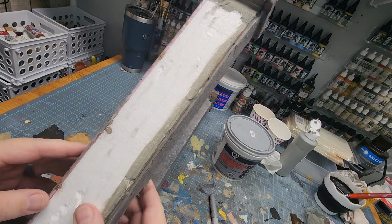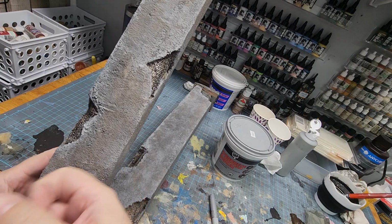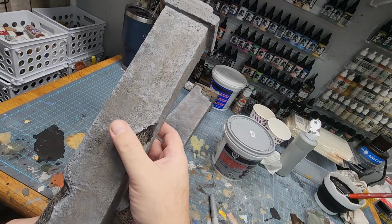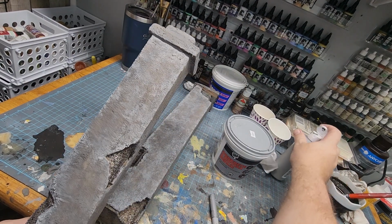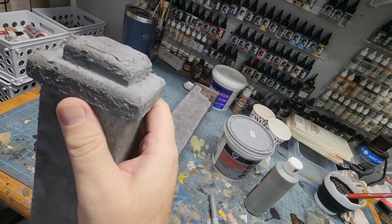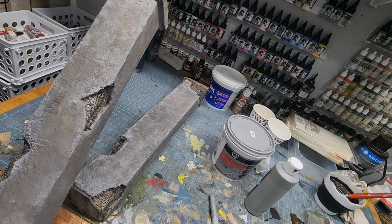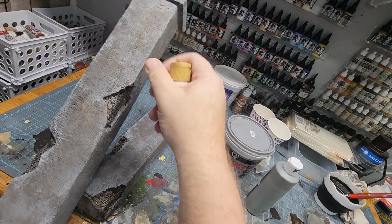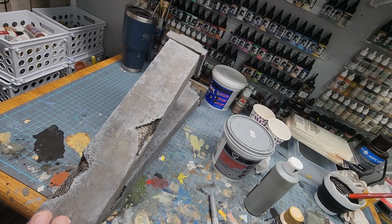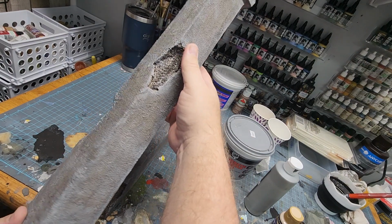And then I take thin pieces of pink foam, and I just glue it on the sides to give it a nice texture for this concrete to stick to. And I hope you guys can get an appreciation for, like, I really didn't know weathering, so all I did was a prime coat of pewter gray, nice heavy coat, let that dry, and then I came in with a black wash, I let that dry, and then I made a nice mixture of this natural buff, and I went over the whole piece with the natural buff. And just before it was totally drying, I took a paper towel, and I took the majority of the buff off, and it gave this really nice stonework type of look,